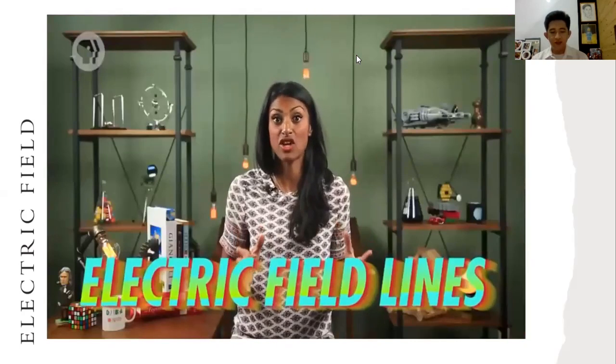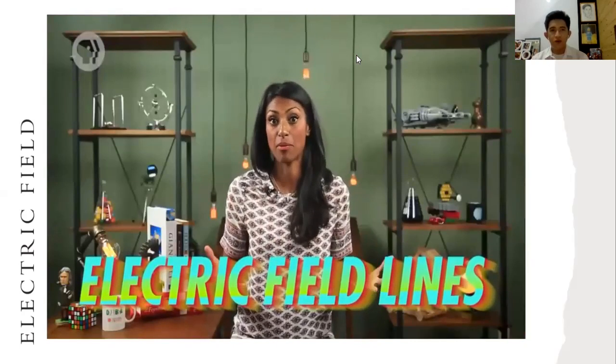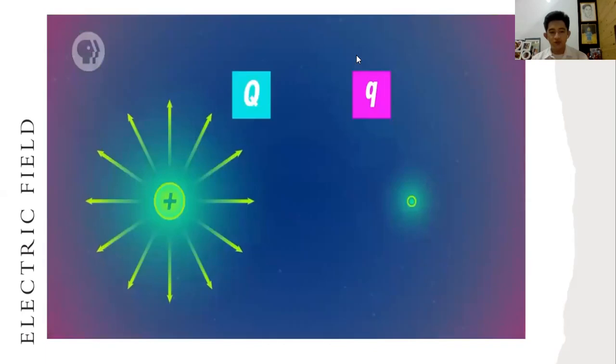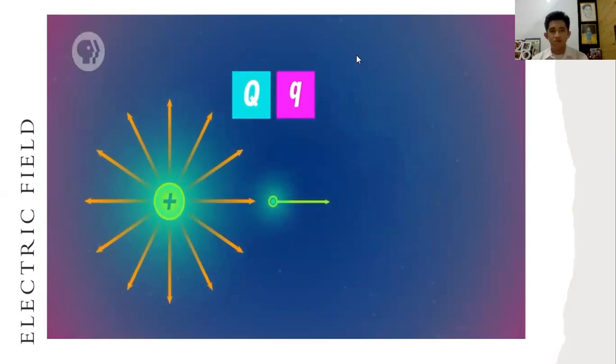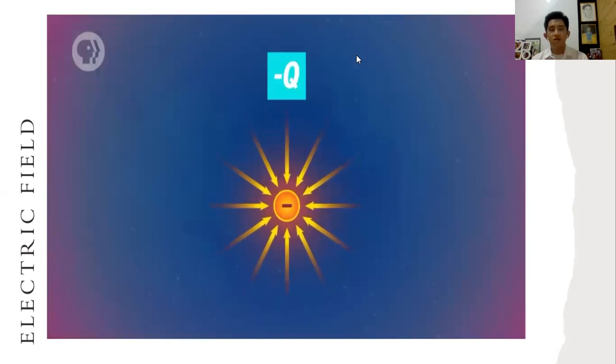So the electric field lines will determine the force of attraction and repulsion based on this magnitude. So our Q charge there is the big positive charge, and the test charge will determine whether it's a positive or a negative charge. Let's take note that the negative charge is